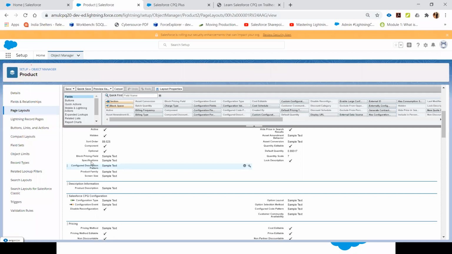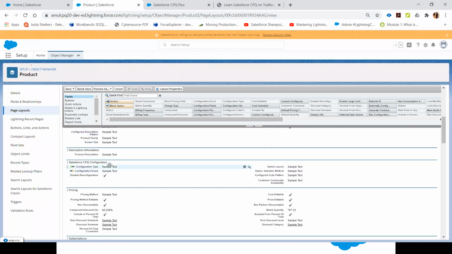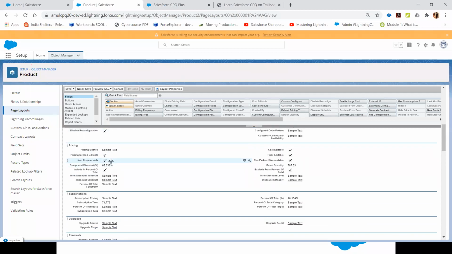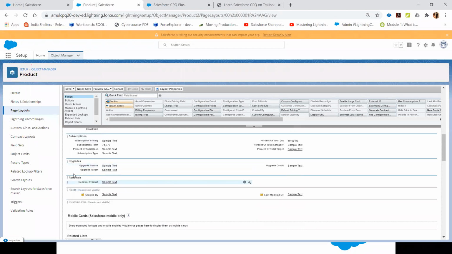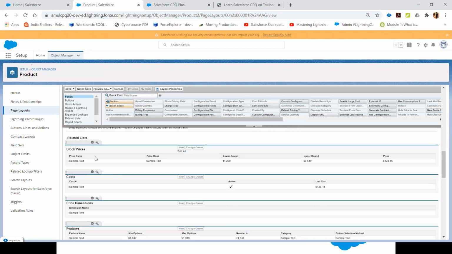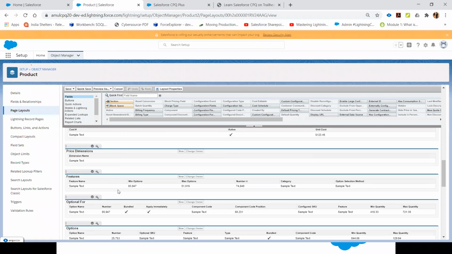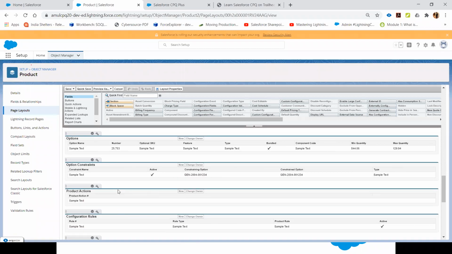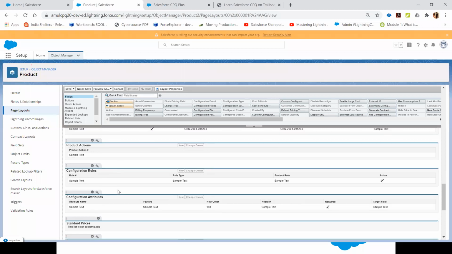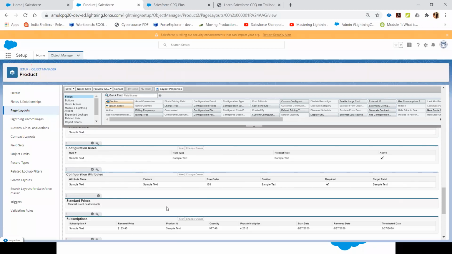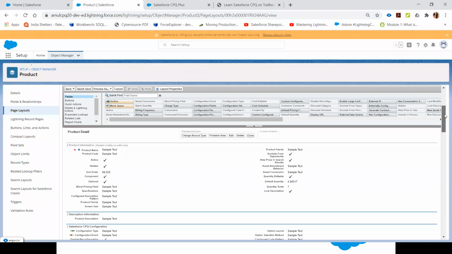These are all fields. You see the Salesforce CPQ configuration, pricing section, subscription section, upgrade section, renewal sections. If you see the related objects called block price, cost price, price dimension, features, options, option constraint, product section, configuration rule, configuration attribute. These are all related objects totally related to the Salesforce CPQ program. We'll discuss one by one, step by step.